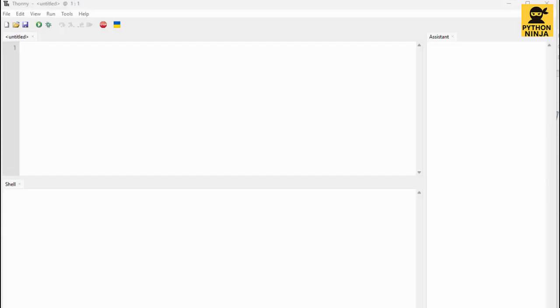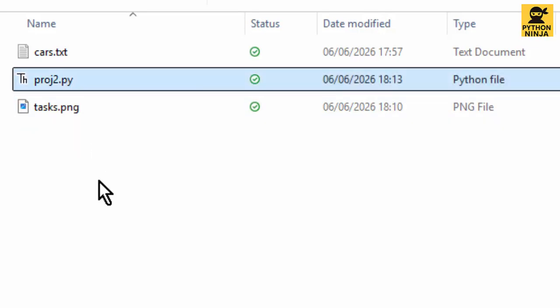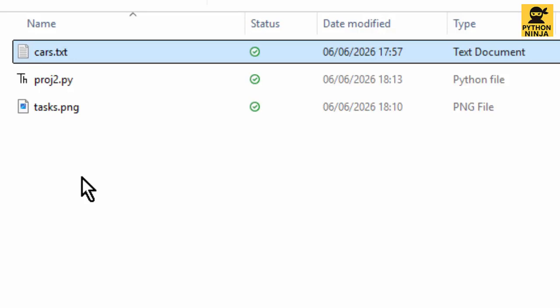Okay, let's look at task 1, and the very first thing that we need to do is get access to that cars.txt file. A common mistake that people make is they don't save their Thonny file into the same location that the cars.txt file is. So you need a folder for the text file, and you need to now save your Thonny file into the same folder. Okay, you can see here I've saved my py file into the same folder that I've got my